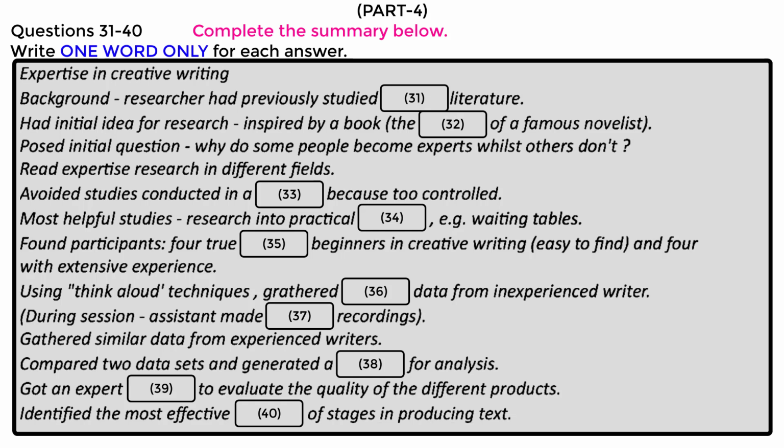Anyway, this got me thinking about the different routes to expertise. Specifically, I wondered why some people become experts at things, whilst others fail to do so, in spite of the fact that they may be equally gifted and work equally hard. I started to read about how other researchers had explored similar questions in other fields. I began to see a pattern that those studies which involved research in a lab were too controlled for my purposes, and I decided to avoid reading them.